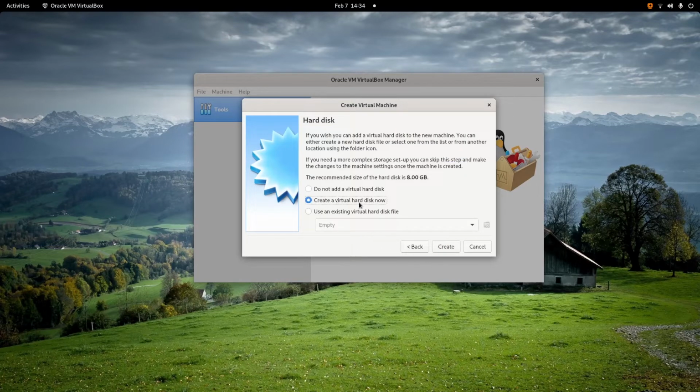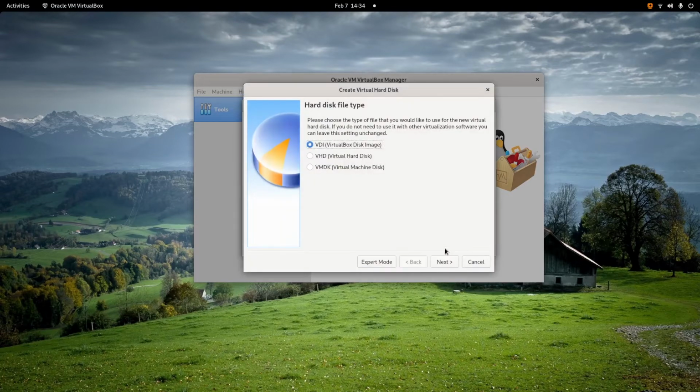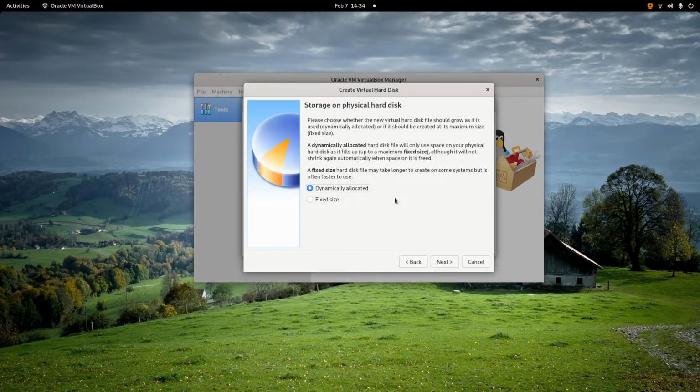Create a virtual hard disk now. Click create and then hard disk file type. I will choose VDI and then next, and then I will choose dynamically allocated.